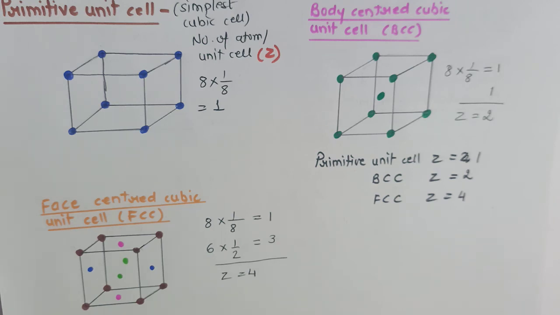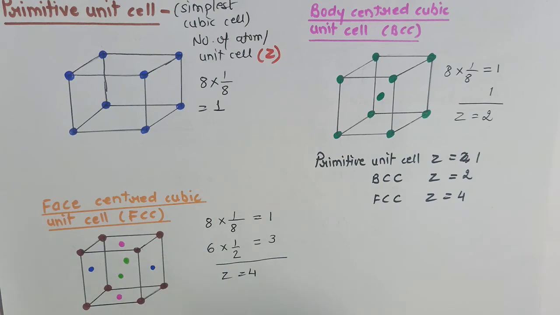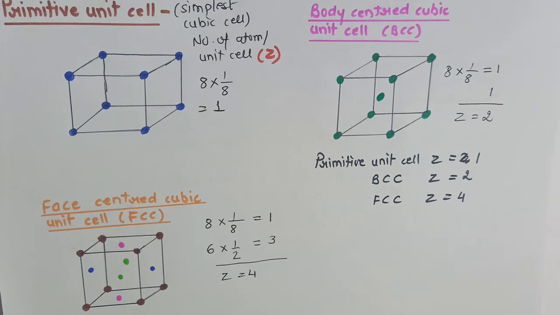So if you want to know the structure of any solid, we must know the type of unit cell present in it. If we know the type of unit cell present in that solid, we will be able to find out its exact structure. Today's topic is the most basic and the main topic of the chapter. Our real chapter begins from this topic, that is the crystal lattice and the types of unit cell. Now using this concept, in our next video we will be discussing how the packing of these unit cells takes place, or how the particles are packed in different directions.